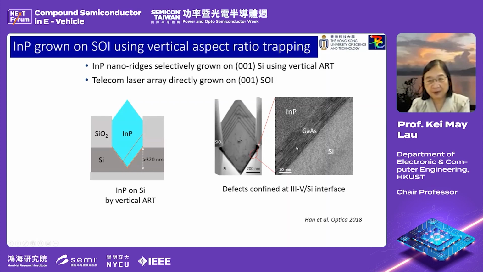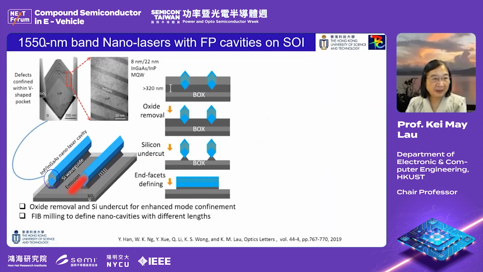And later on, we find that we don't really need this thin layer of gallium arsenide. And we have made the 1.55 micron band nanolasers, with the Fabry-Perot cavity, on the SOI using